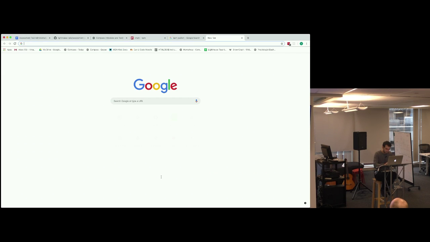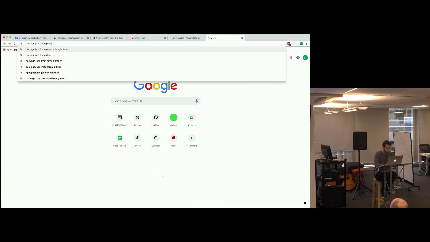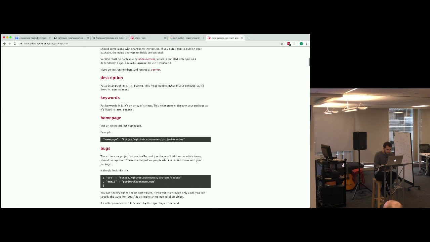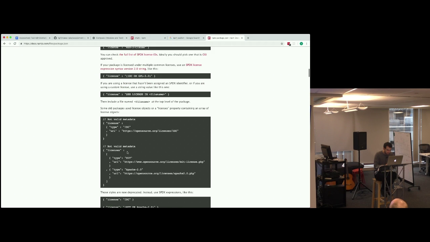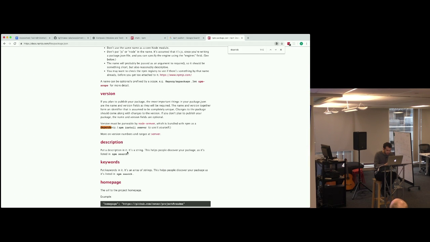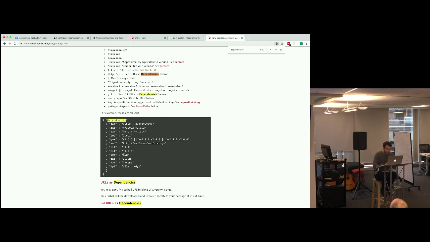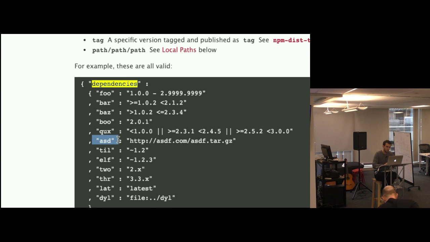Yes. With the npm package.json, when you npm install things, you can pass a URL, for example from GitHub. You can pass a URL in the dependency pointing to somewhere other than npm, but I wouldn't recommend doing that at any point in the first half or really all of boot camp. It's a really cool question and you totally can, but for our purposes, we're just going to stick to the npm registry.